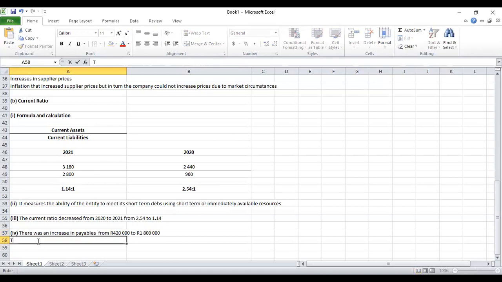Right. So this might be due to the high cost of other forms of debt,